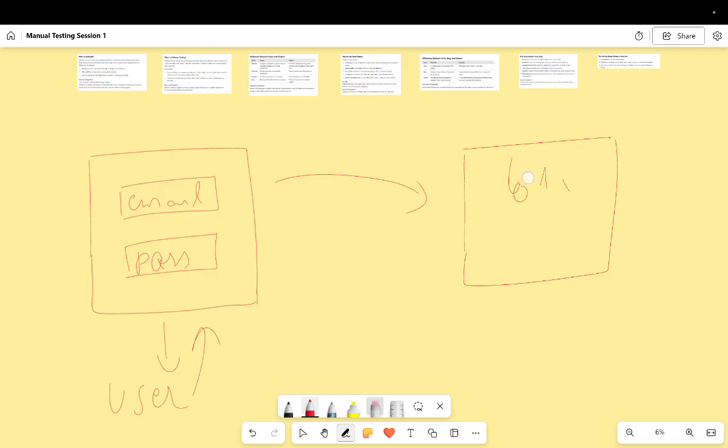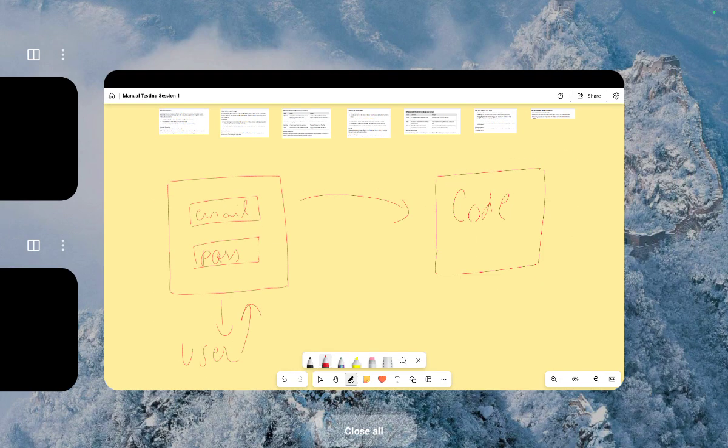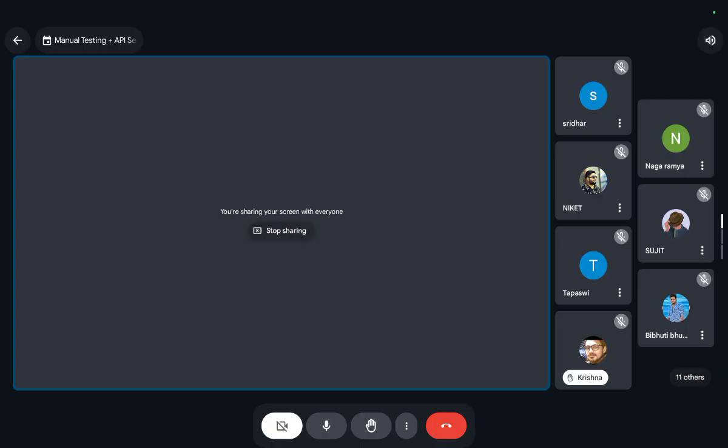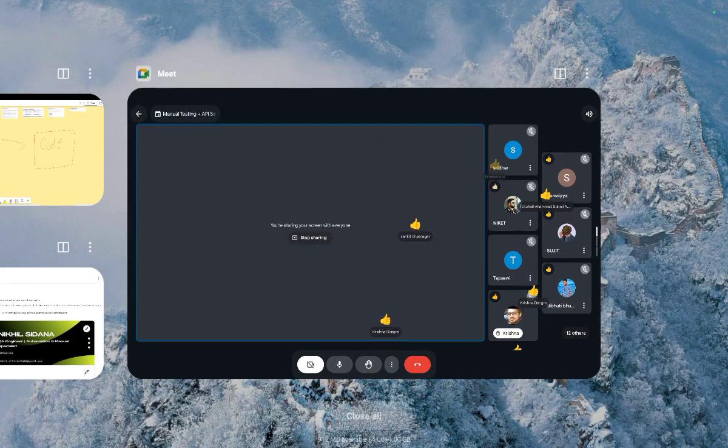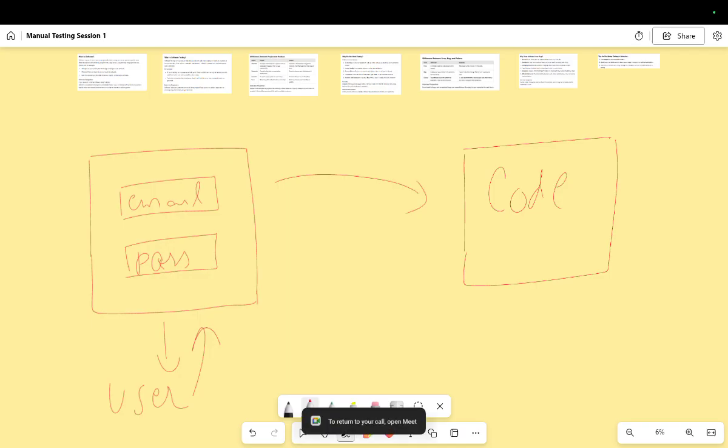Guys, give me a thumbs up if you understood till here. And this code contains a database, right?